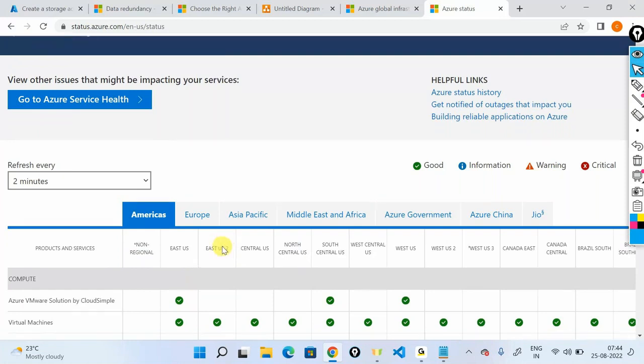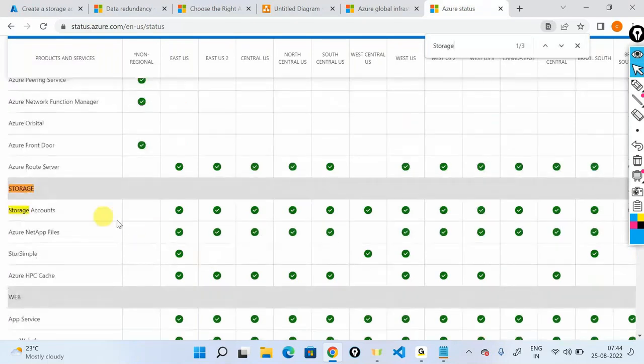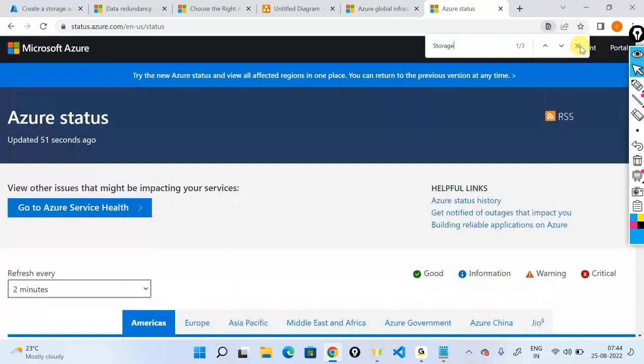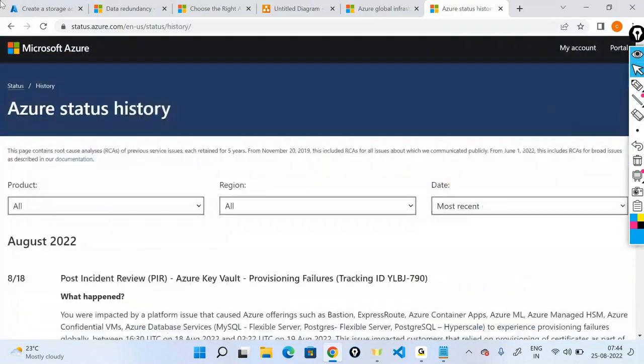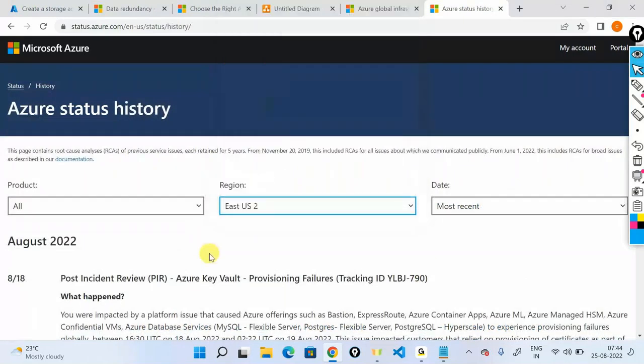If you just go and search for something called storage accounts, they are available in a region called ECS2, meaning these are available. Also, what we do is go for something called Azure Status History. If I click on this, and let's say I am choosing a region called ECS2, I want to understand